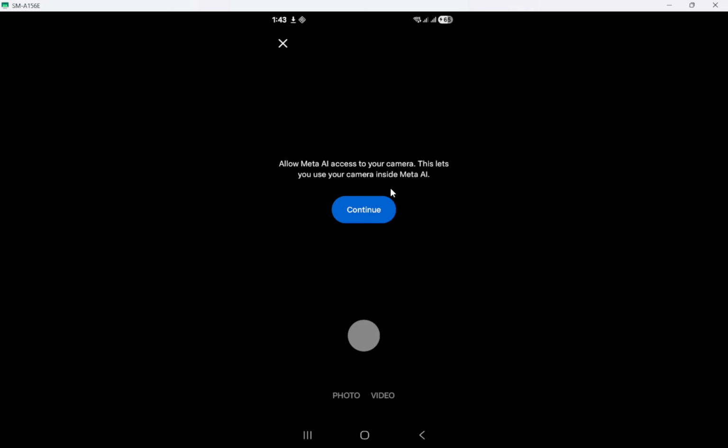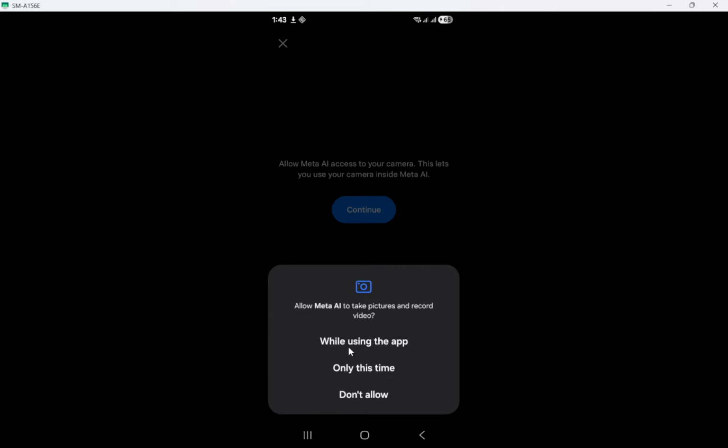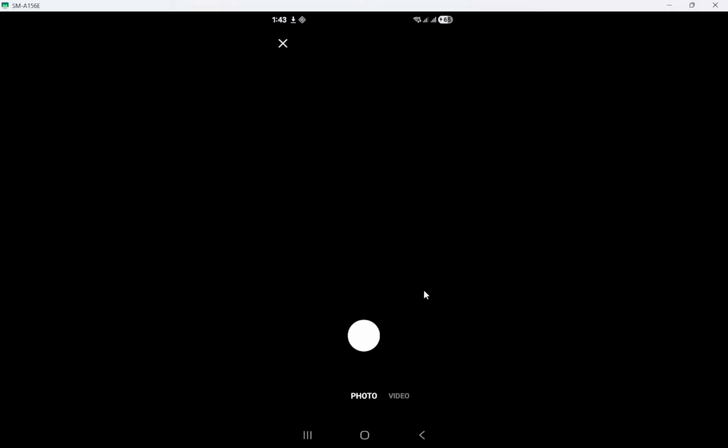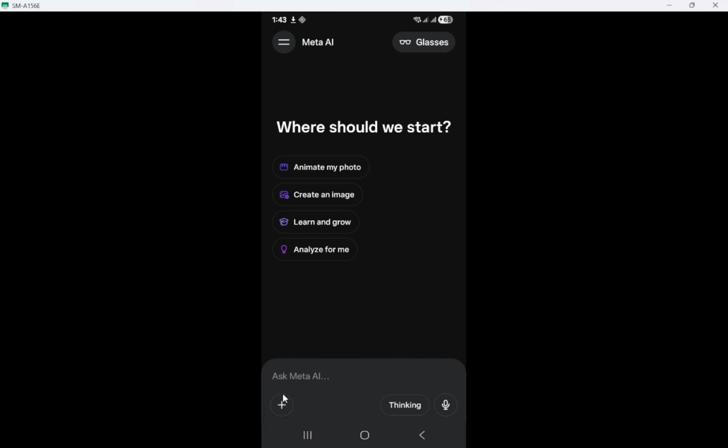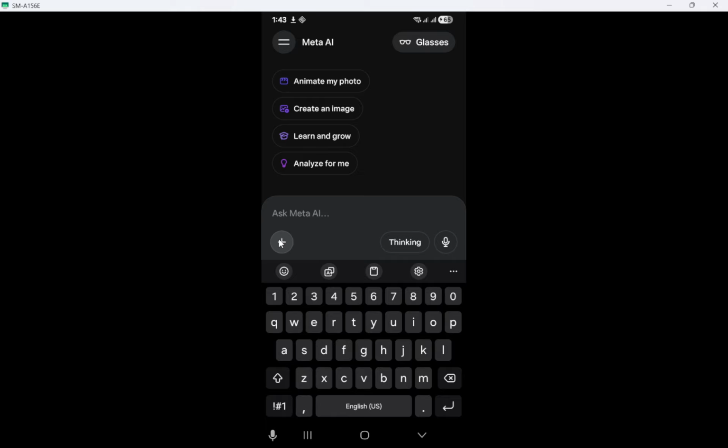Tap the icon and choose how you want to bring in your picture. Pick Photos or Gallery to select an existing image from your device, or choose Camera to take a new photo on the spot. After you make your selection, you'll see the image appear in the chat box as a preview. This is a good moment to double check you grabbed the right photo.